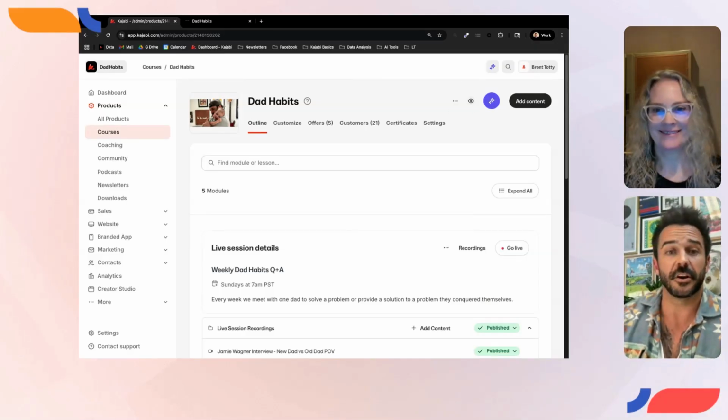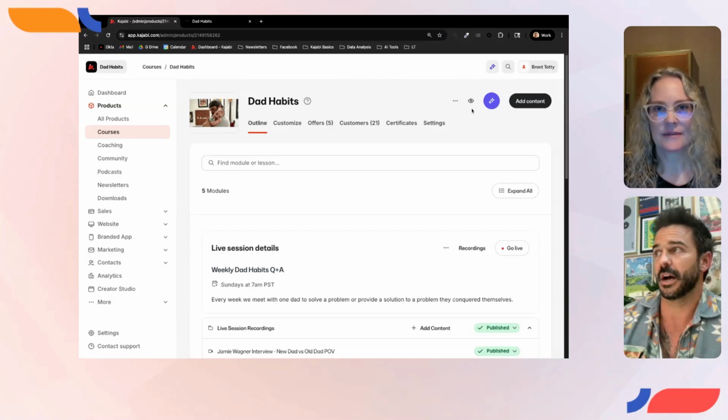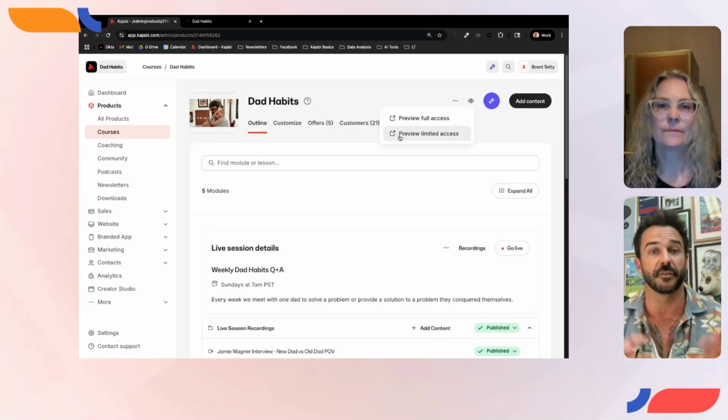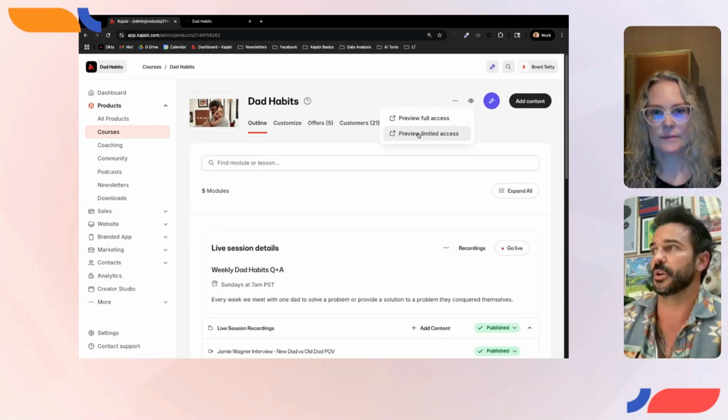Yeah. Another very important feature that we added here is when you have a paywall configured on your course and you click this preview icon, it gives you the optionality to view from the two different member roles. And so when you click the limited access view,